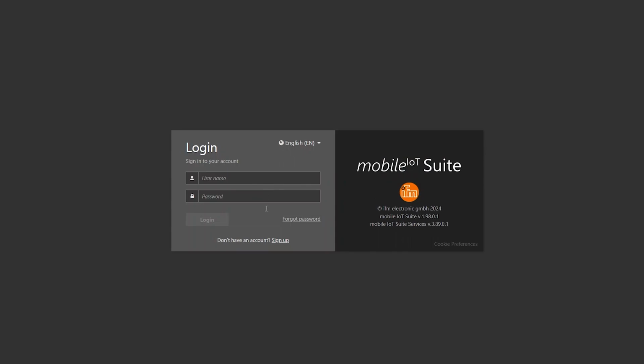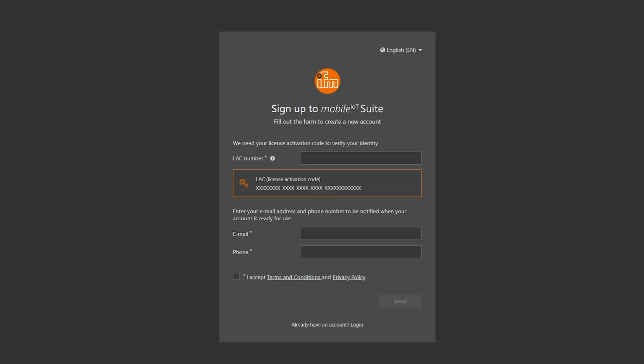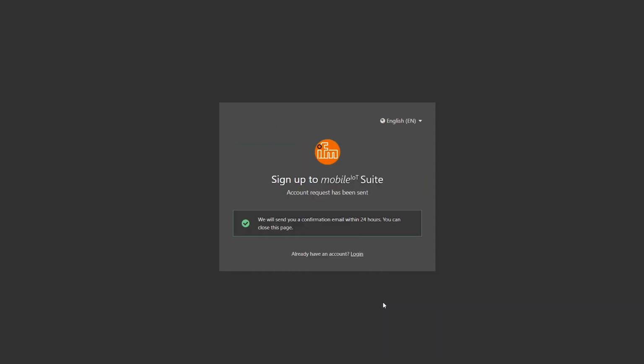If you are a new user, you will need to sign up for the mobile IIoT account first. The required fields for creating an account are a QCM 100 license activation code, a valid email address, and a contact phone number. Make sure the email address belongs to the person who will be managing the Moneo Cloud instance. Once completed, a prompt will appear confirming your request has been received, and you'll be receiving a confirmation email within